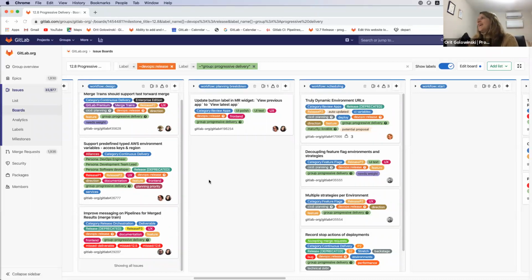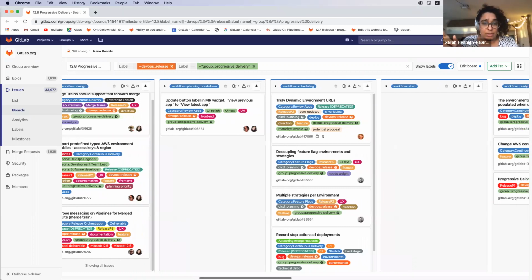Okay. Next we have this issue which popped in here, I think today or yesterday, or it's a leftover from what we were trying to do in 12.7, which was reorganize the merge button, the review apps button on the merge request widget. It was a really large item that hid under a bug, and there was a lot of discussion in additional issues and in the issue on it. So this is another leftover from work from there.